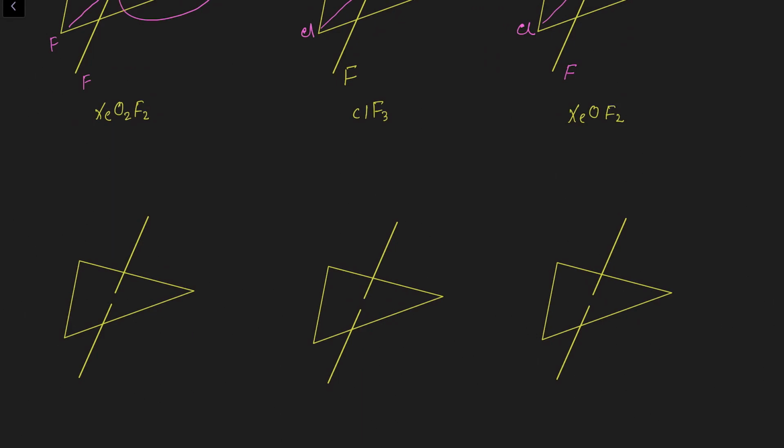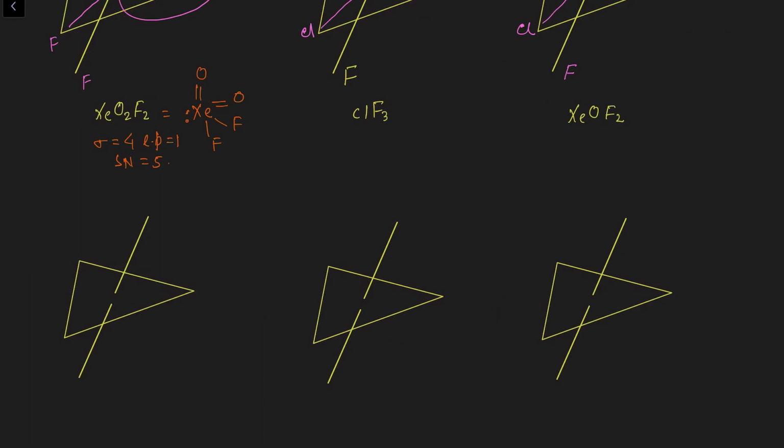Now for this molecule, again hybridization will be sp3d only. So again we will do the same practice. Xenon valence electron is 8. Out of this, 2 double bonds are going to form with the 2 oxygen atoms. Fluorine will form one single bond, and the other fluorine will form another single bond. So 2, 4, 6, one lone pair of electrons left. So sigma bonds are 4, lone pair is 1, steric number is 5, right?